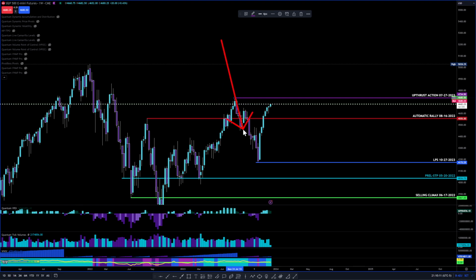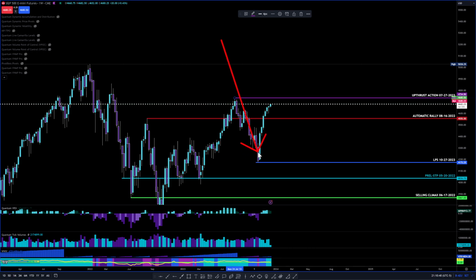Well, not really minor. This caused some bearish sentiment in the market, because we really had a retest, and since this is a weekly chart, this is a nice little trend in the opposite, bearish direction. So on the 27th of October 2023, we had this lowest point of support.